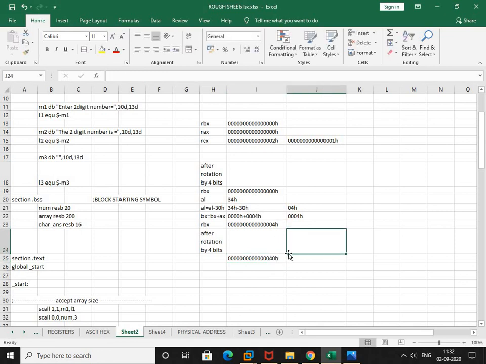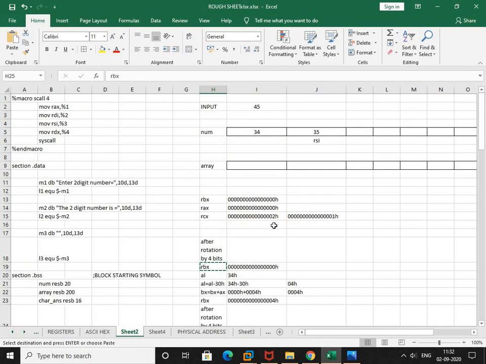Now, why are we doing this? Because we have taken an input as 45. 5 is present at the unit place and 4 is present at the tens place, right? Now, whenever I press the key, first I have pressed 4 and then 5.